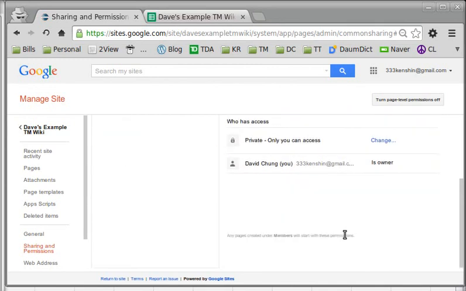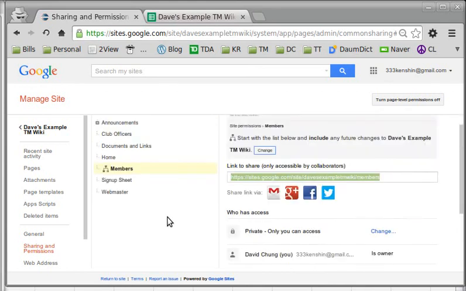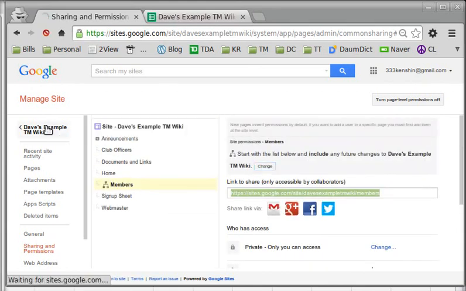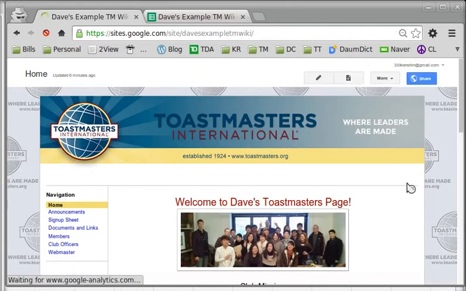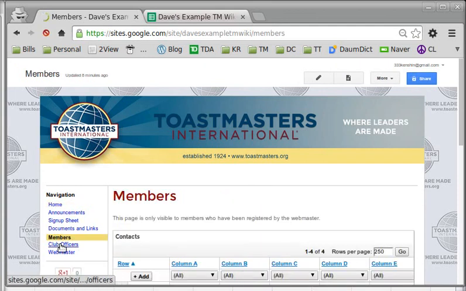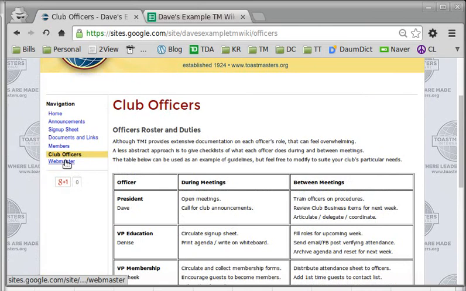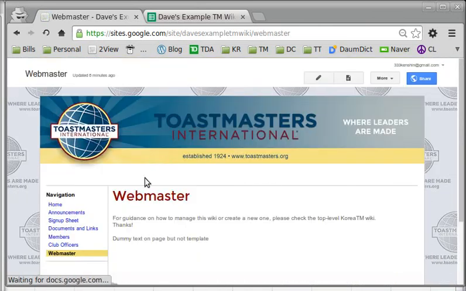So exit out of here. What I'll see is that other guests are no longer able to visit the members page once I've locked it down this way. That's basically all you need. The other pages, Club Officers, is quite straightforward. It's just text you want to update. Likewise, Webmasters will have further information and videos for you to